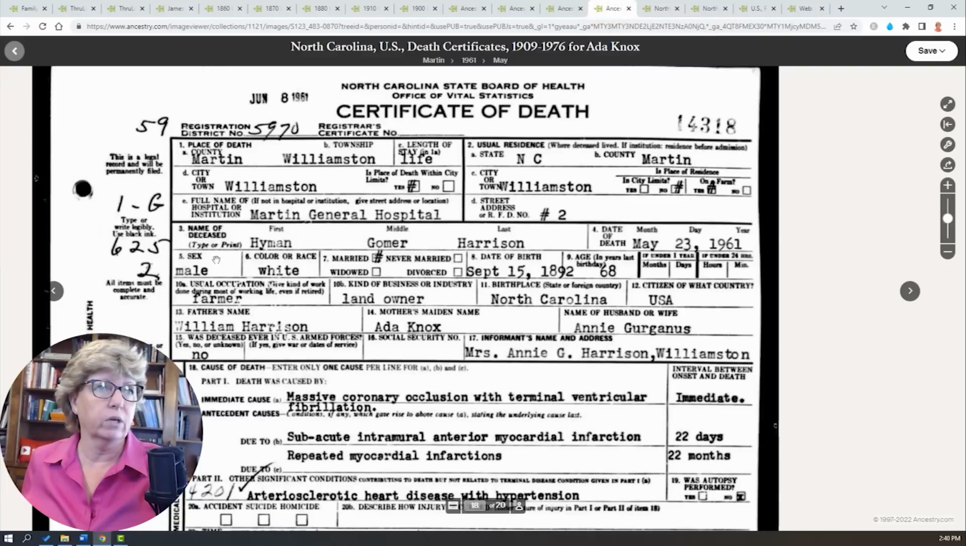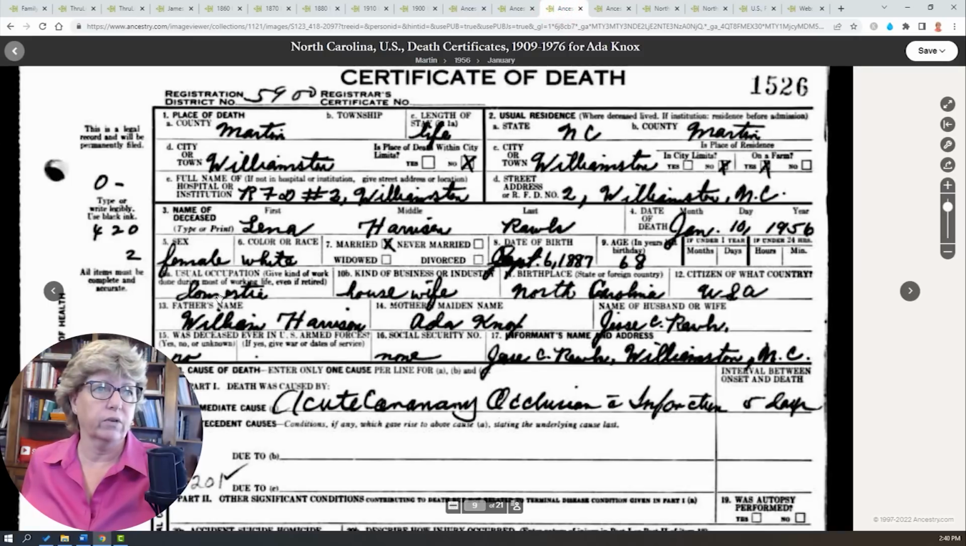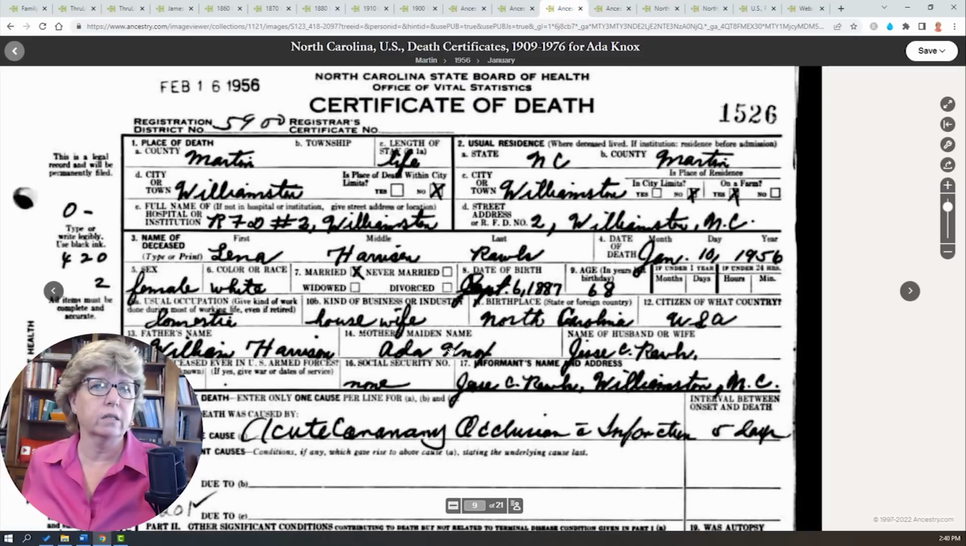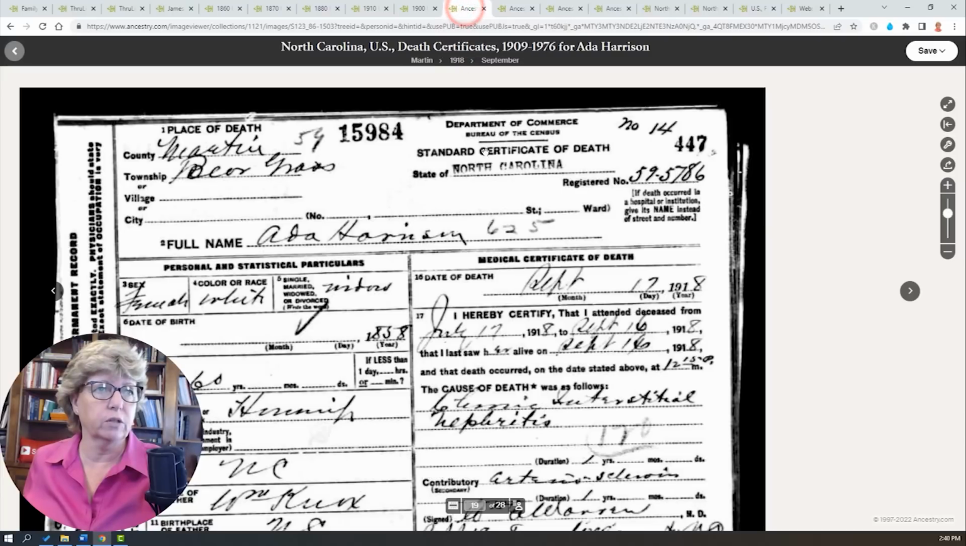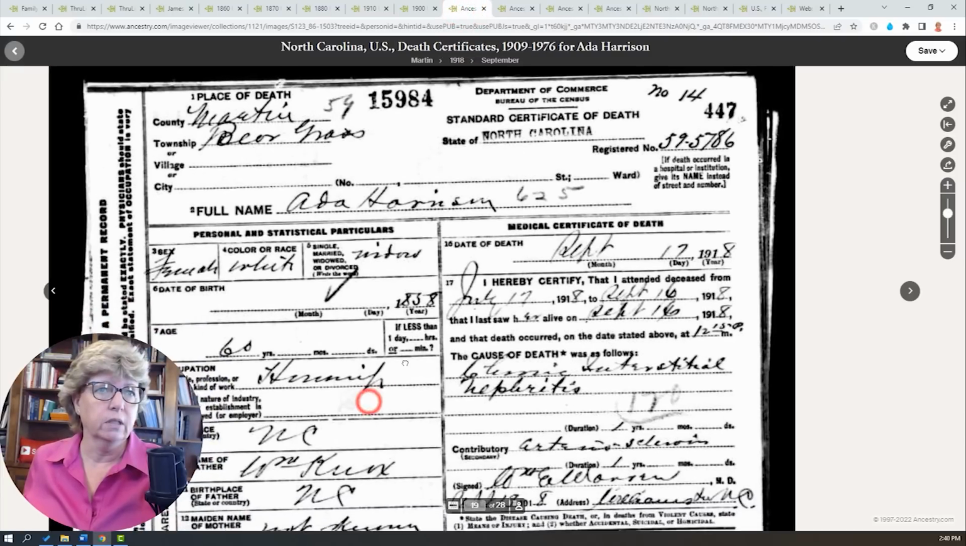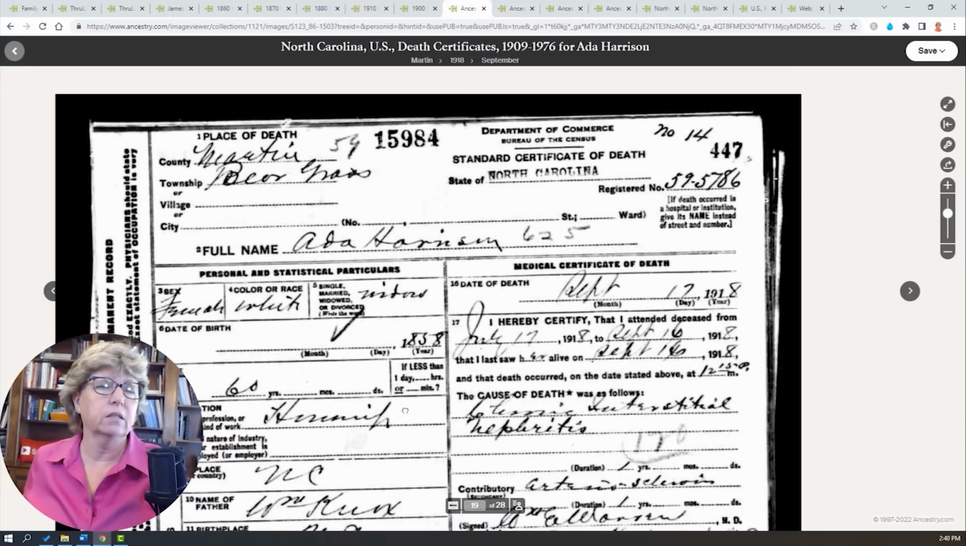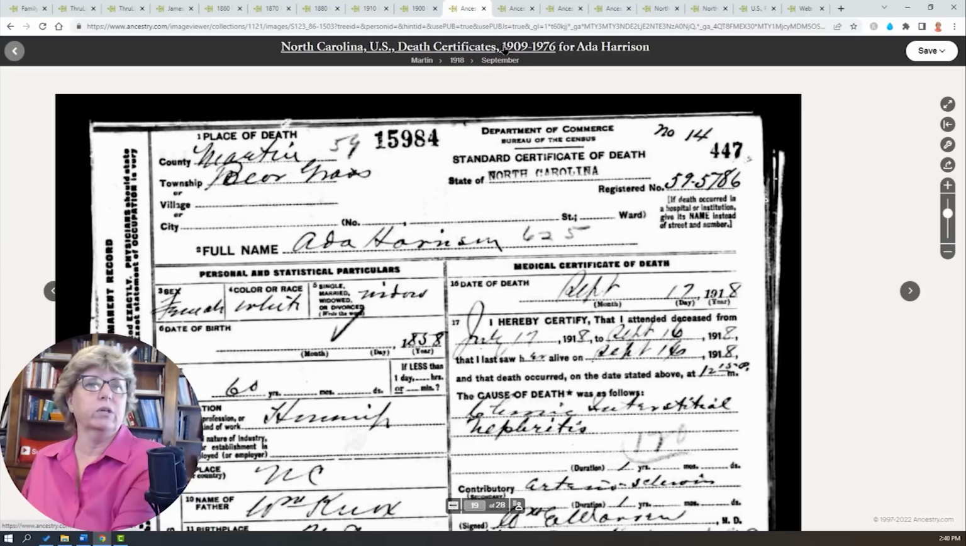And here is another death certificate for one of the other children where it names William Harrison and Ada Knox. There's a lot of death certificates here that show Ada Knox and William Harrison as the parents. Here's another one. And so we have a lot of death certificates of the children. So that is helpful in at least being able to determine that Ada Knox and William Knox are the parents